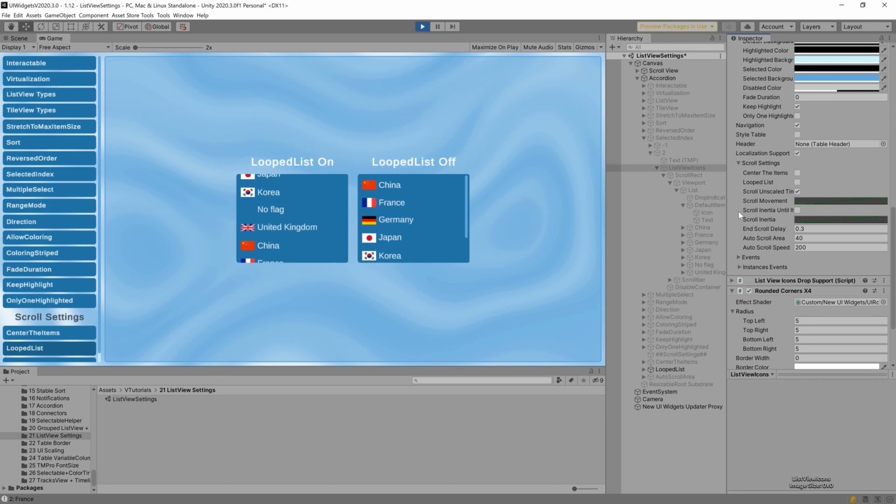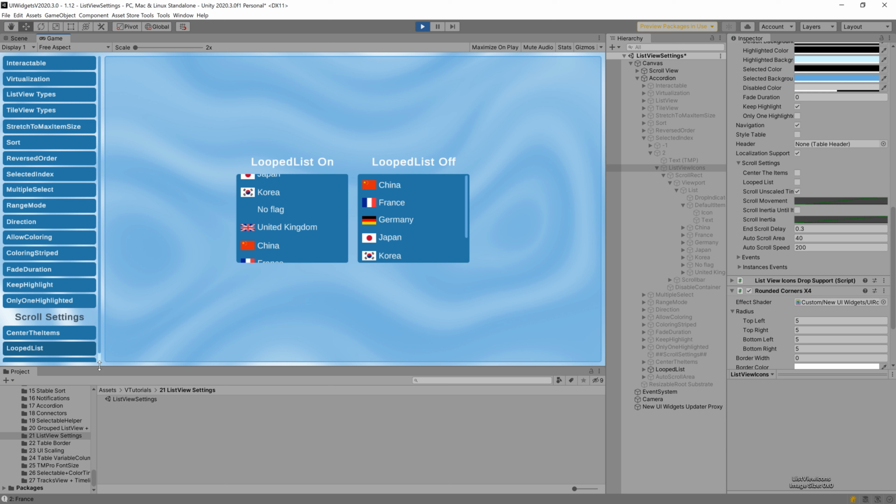The scroll inertia until item center is a custom scroll inertia that stops with an item at the center of the list. The scroll inertia is the animation curve used for the previous option. The end scroll delay is the time since the last scroll rect on value change event, used to write the on end scrolling event. It is better to use the utility scroll rect time to stop method instead.